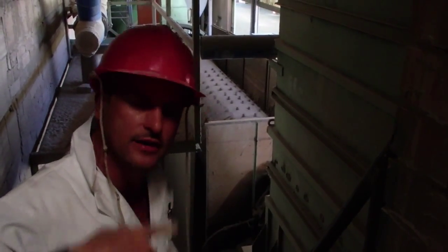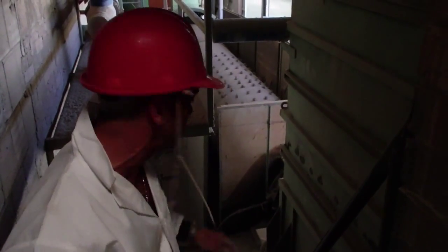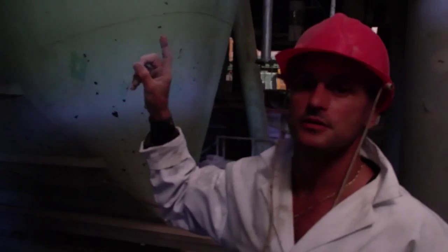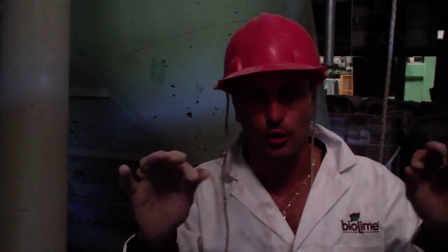The grinder keeps turning and pulverizing until it becomes a pure powder material. What rests in these chambers right here? These chambers, 1, 2, and 3, this is completely ready, purely pulverized, and this quality control process of pure powder natural hydraulic